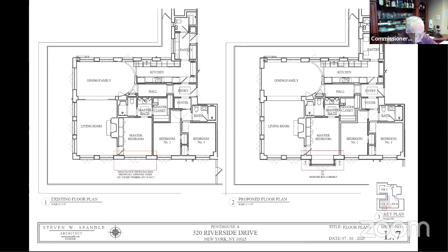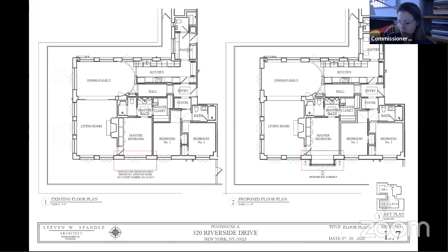And Commissioner Shamir Baran, would you read that motion? Of course. In the matter of LPC 10930, 320 Riverside Drive, Riverside West End Historic District Extension 2, a Renaissance Revival style apartment building designed by Leo F. Knust and built in 1928. Application is to install a bay window at the penthouse. I note that the building style, scale, materials, and details are among the features that contribute to the special architectural and historic character of the Riverside West End Historic District Extension 2, and I recommend approval finding: